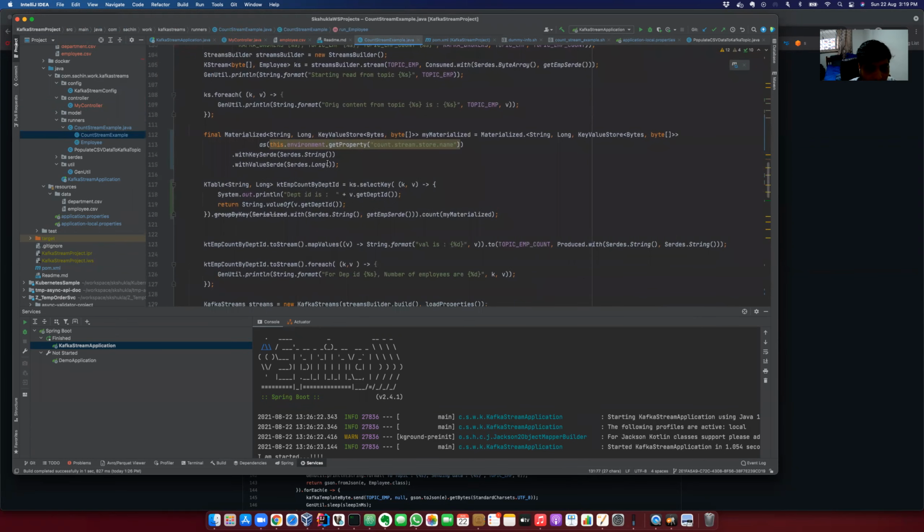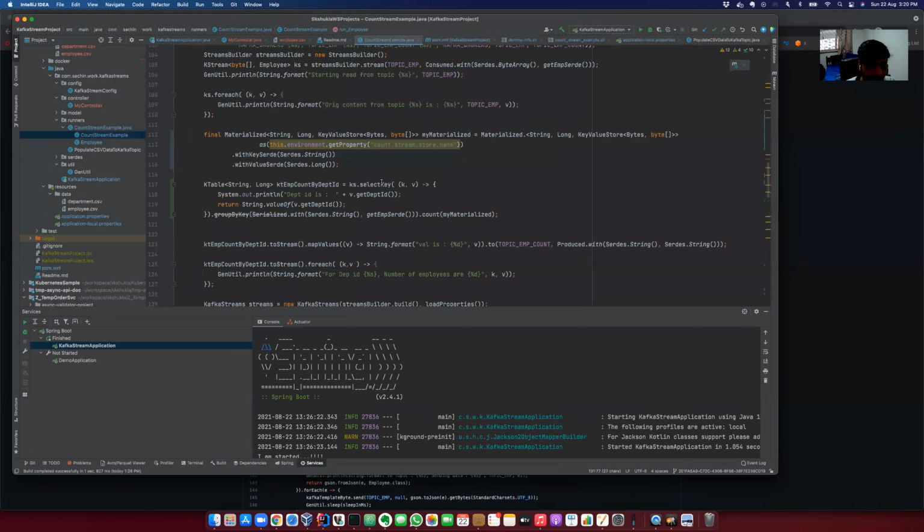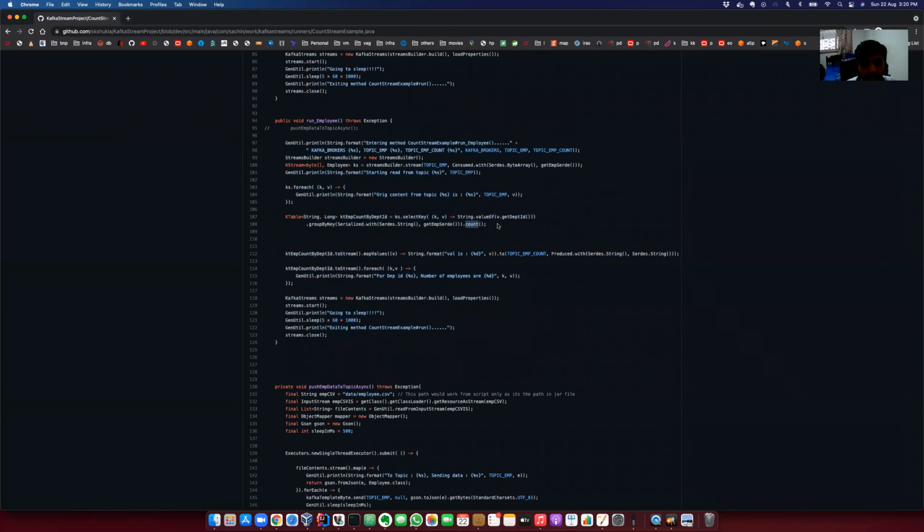All right. So the difference between what you have just seen here, I'm assuming you have set up your standalone Kafka Stream applications by following this tutorial in this GitHub. What I'm going to do here is, by default, if you give a count, you know already that internally it uses a store, which is just an in-memory store. If you don't provide any information to expose the data as a web service, there are only two requirements. The first is you need to tell the store name. The second is you need to tell the type of that store, right? So what I'm going to do here is